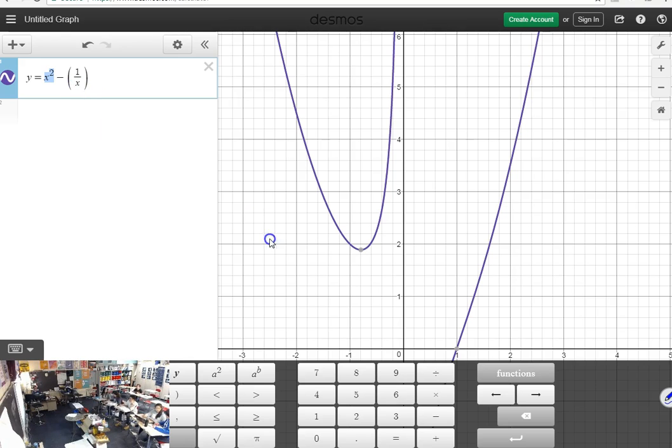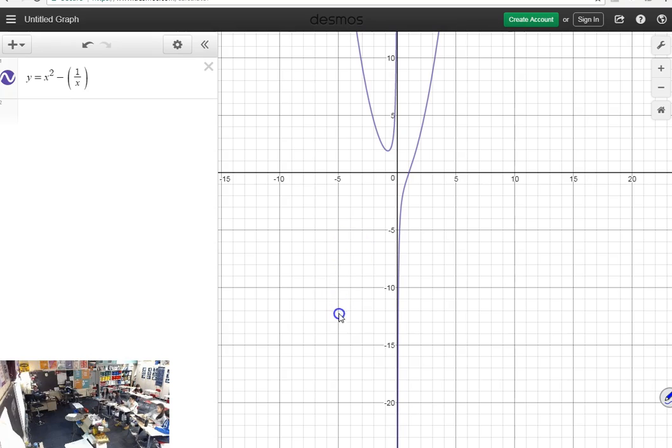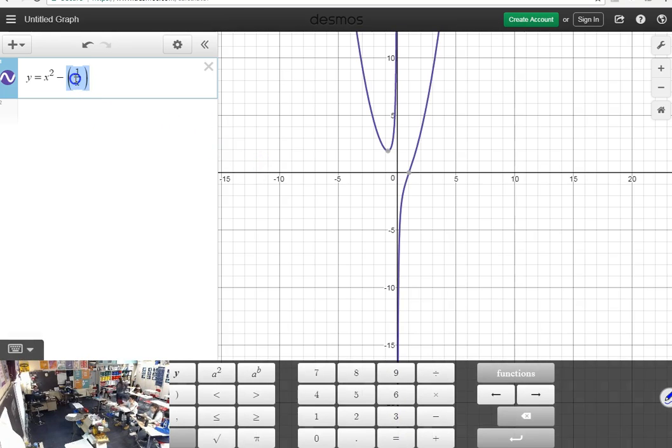Gunnar? Asymptote. So this goes infinitely far down as this gets infinitely tiny. So if x is like 0.000000001, this number becomes really, really big. Right? Division by a tiny number makes a big number. So then that subtracts it really far. That makes sense? And this starts really small. This 0.0000001 squared has twice that many zeros between them.